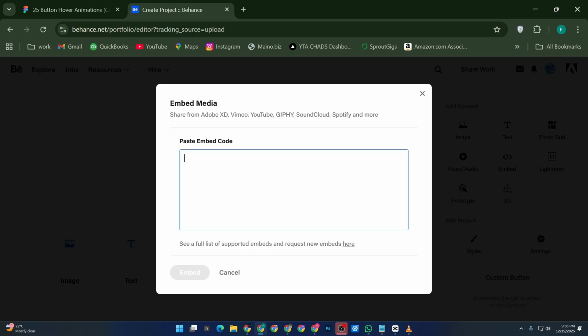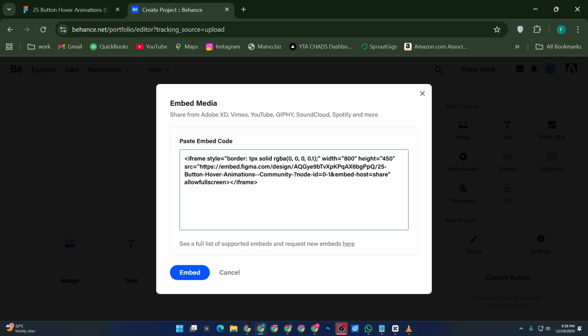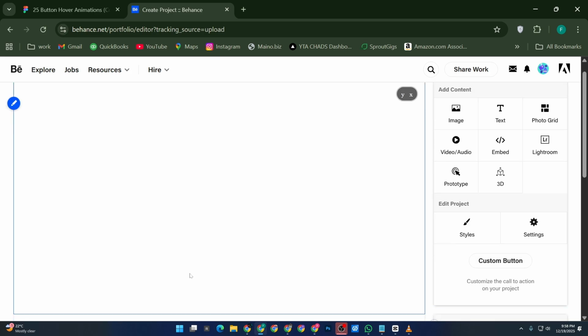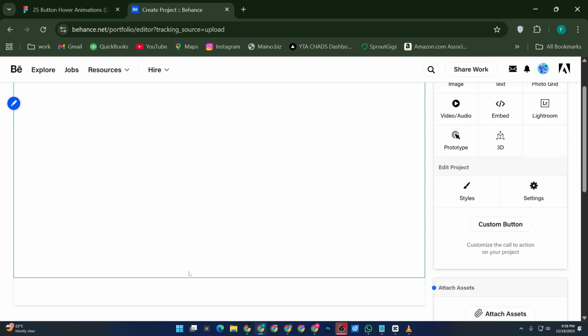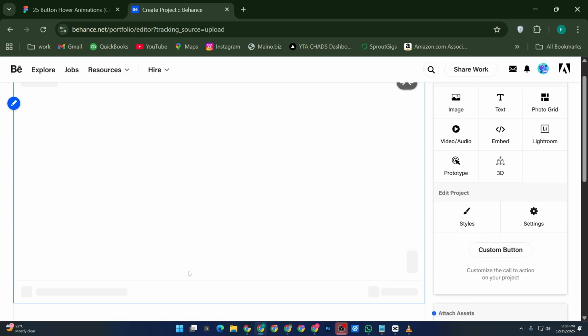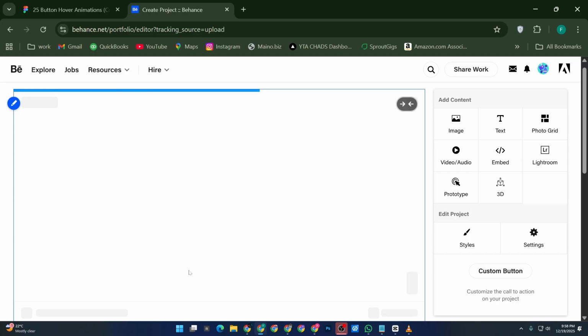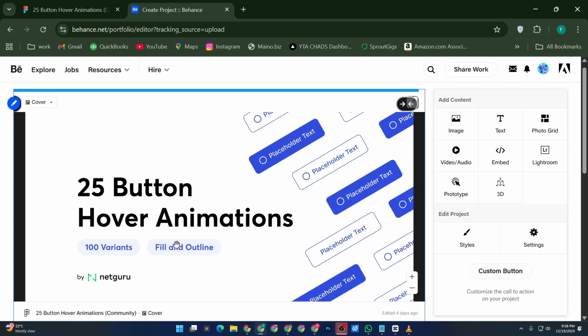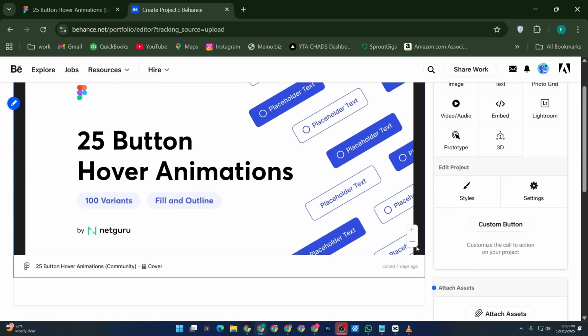Click on Embed, then paste the embed code you copied from Figma into the input field. After pasting the code, click Embed and wait a moment for it to load. Once it finishes loading, you'll see your Figma prototype directly inside your Behance project. You can move it around, resize it, and most importantly, it stays interactive so viewers can click through the prototype